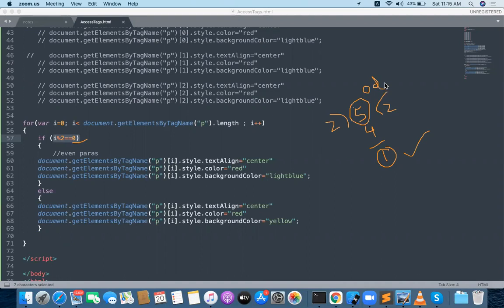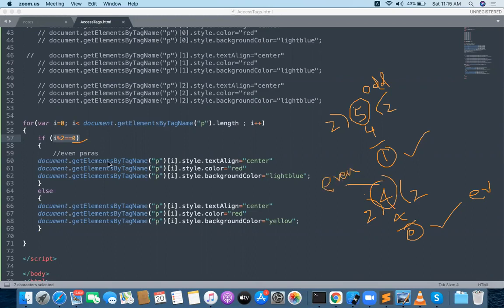automatically this will be an odd number, right? Now I want to divide 4 by 2. 2 twos are 4, and 0. What is the remainder now? 0. Whenever the remainder is 0, this is even.